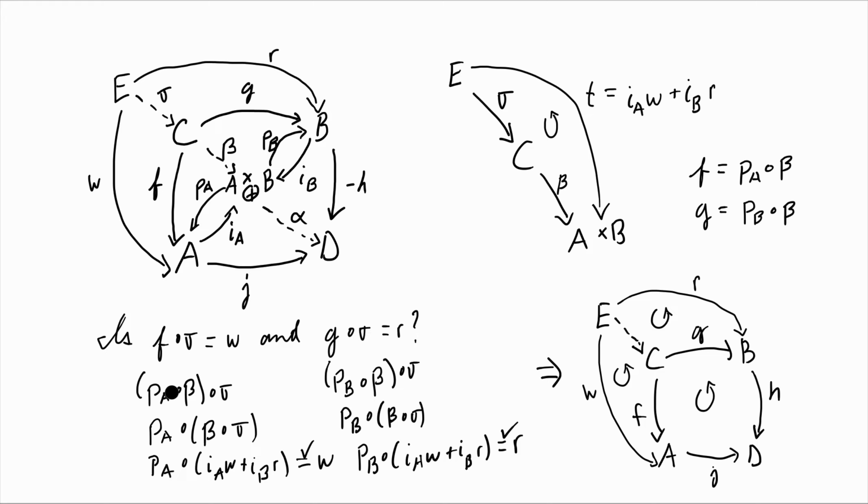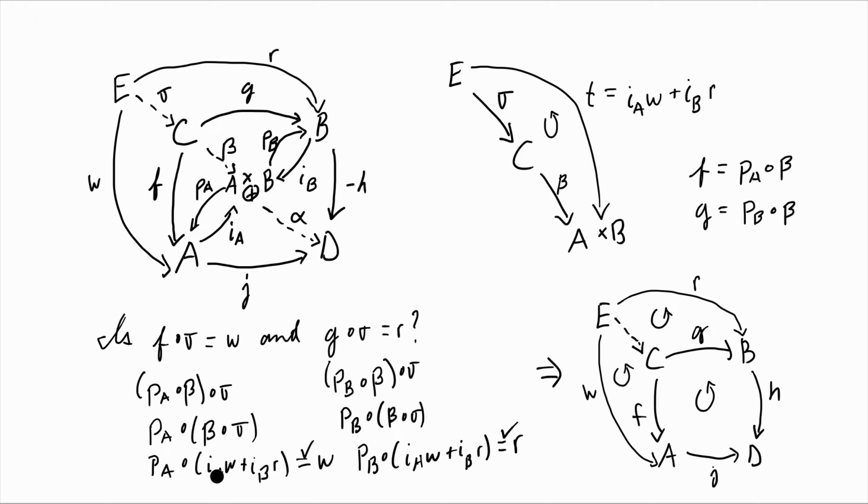Really just by the definitions of how beta came about, f is equal to pa of beta, g is equal to pb of beta. Running those through, using the universal property of the kernel, b of sigma is just equal to this, so you can input that for b of sigma and run it through, and you'll notice the intermingling, zeroing out, but also